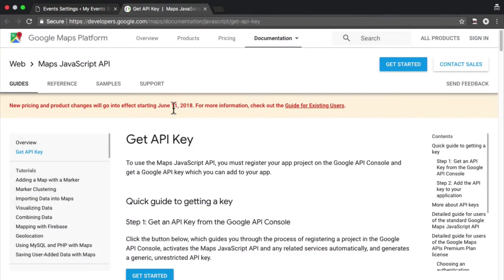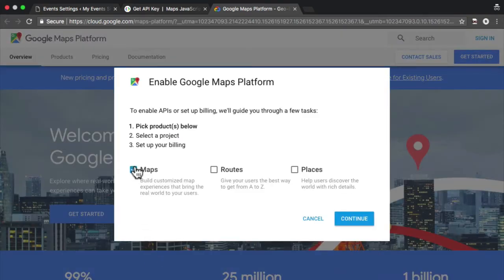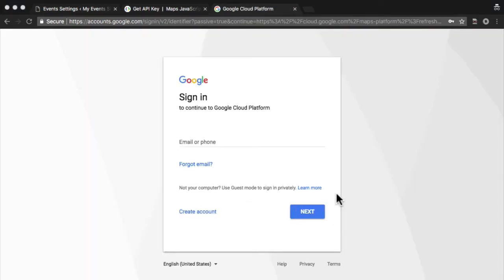Note that as of June 2018, you may need to add a credit card as part of the process. Otherwise, if you exceed the free limits, your maps may stop working. To get your key, click on the Get Started button. Click Maps, then Continue. You'll either need to sign in to your existing Google or Gmail account, or create an